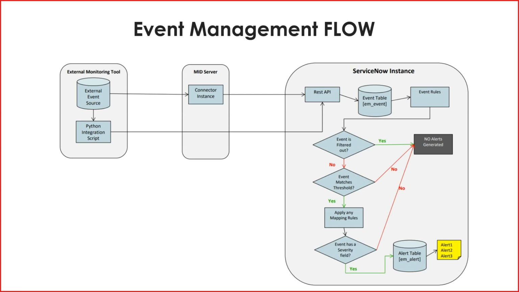Memory is a good example. Like 50% memory is consumed, 60% is consumed, so I have put on a threshold. Whenever I get an alert that more than 80% memory is consumed, then only move forward, otherwise suppress it, because it is information. So if it matches the threshold, then it will apply the mapping rules, where we want to map certain fields.